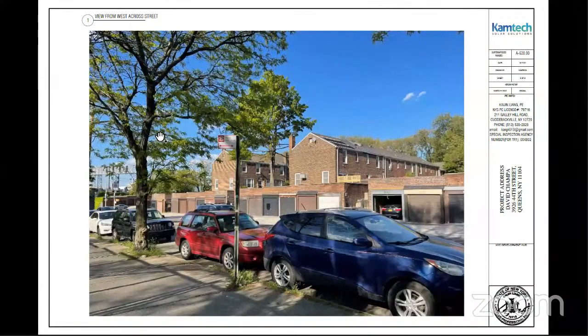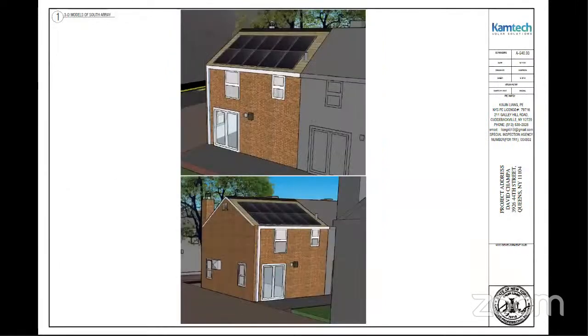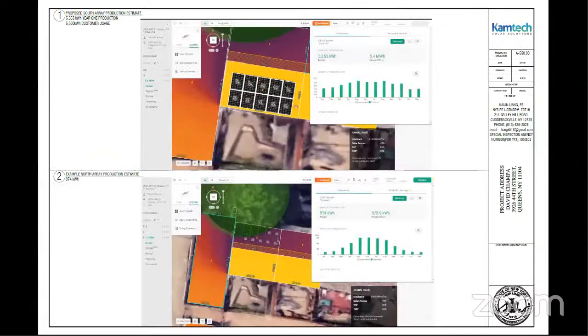Let's see. This is from across the street. And these are just more direct east and west views of the house. These are renders of the system. And these are the shade analysis that we produced in order to get a sense of what the performance of the system will be. And we also prepared a north-facing